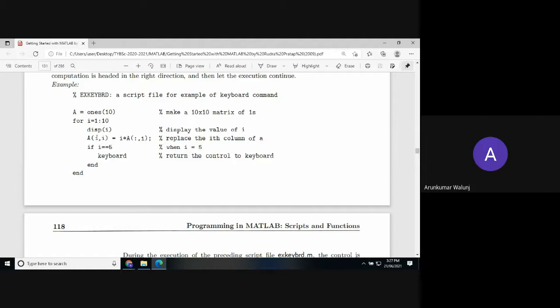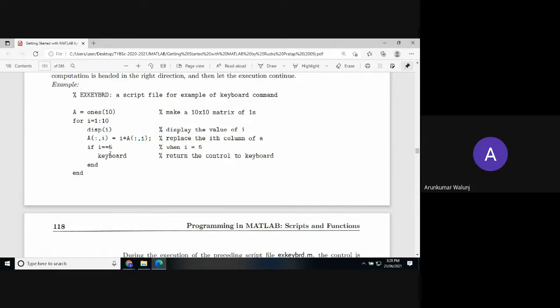A is equal to, say we want to generate a 10 by 10 matrix of ones, so a unity matrix 10 by 10 is stored in A, then it will generate 1 to 10 numbers, it will display the I value, and then here you see A colon comma I, that is A(:,I) is equal to I into 1 into colon comma I. It will replace the ith column of the A matrix, with the 1 1 only.